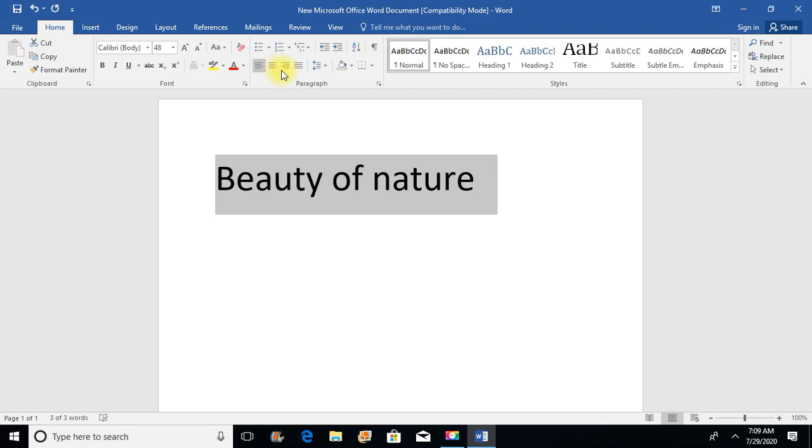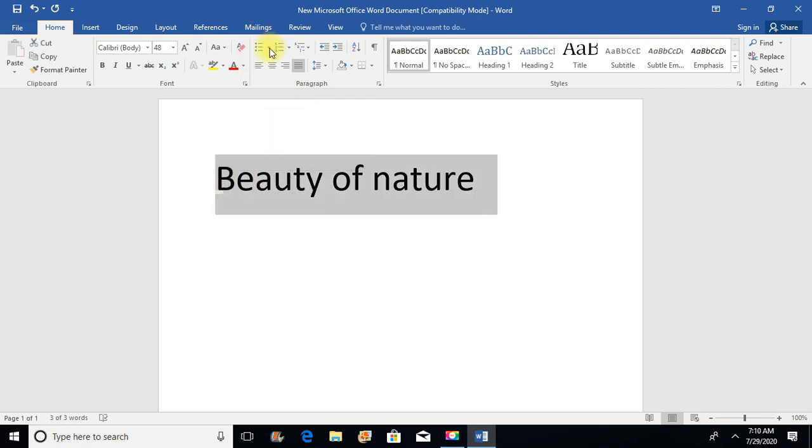There are 4 types of alignment options. First one is align text left, which places the selected text towards the left margin. By default, the text is always aligned to the left margin. Next is center align.